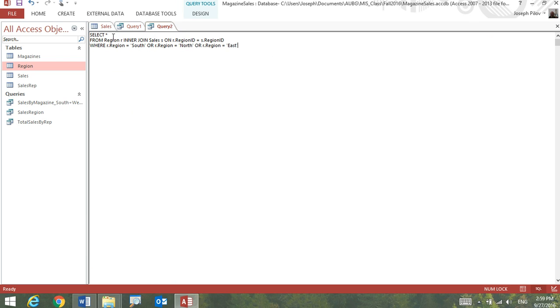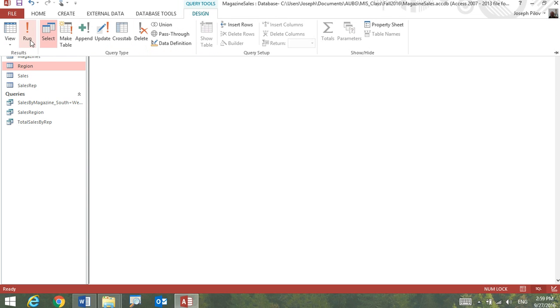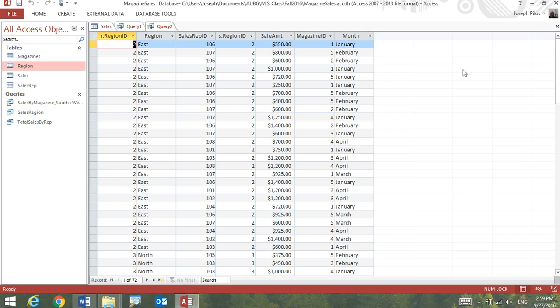Okay, so we're saying give me all the columns. That's basically what the star means. Give me all the data from all the columns from the region and the sales table joined together on this column, but filter out only data that matches the criteria, and the criteria is data from the south, north, and east region. Okay, if I run this query, here's all my data, and you can